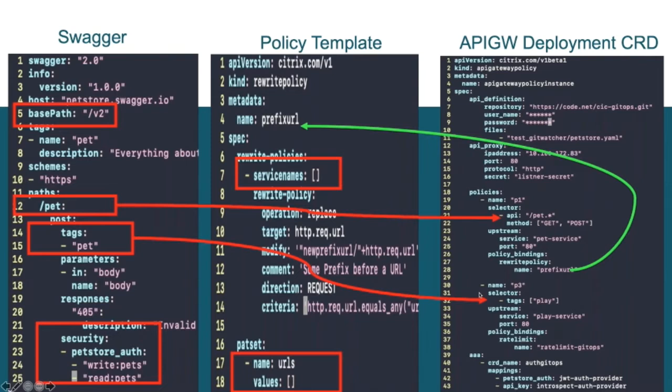Here you see multiple sections. The first section is something the system needs to know: where do we find this API specification document.